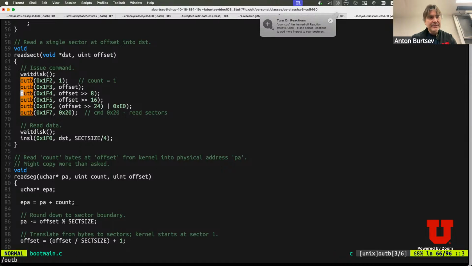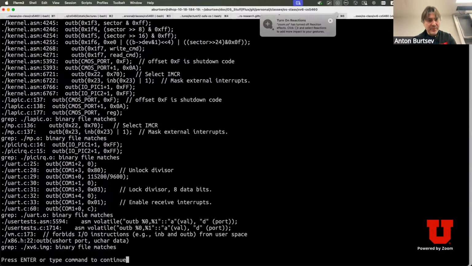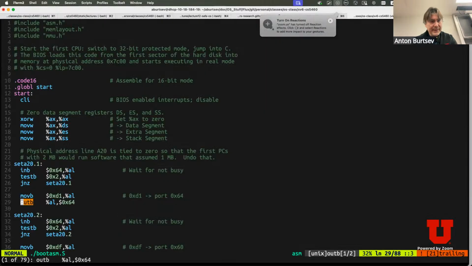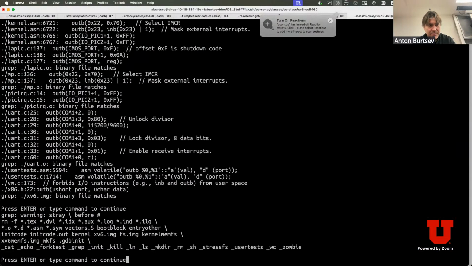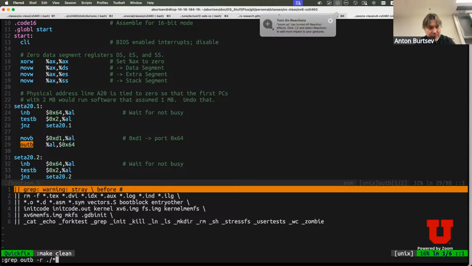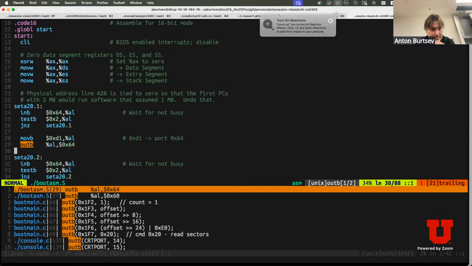Let me just see if they have the implementation, grep. What I'm doing, I'm searching for the implementation of outb. Let me quickly make clean the kernel just to make sure that I have fewer files, and I will search grep again. And now,